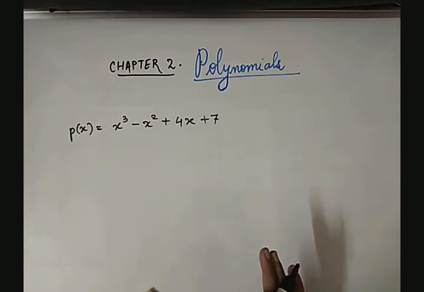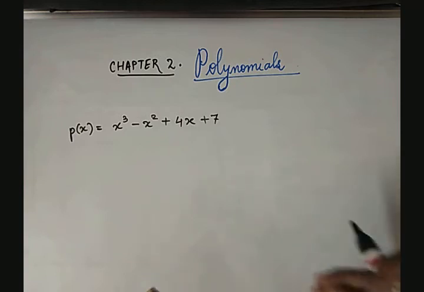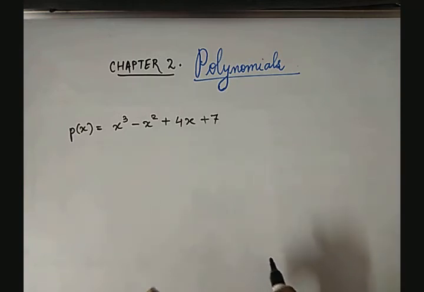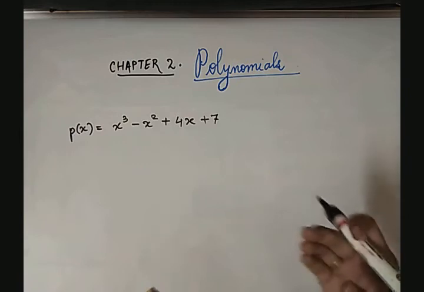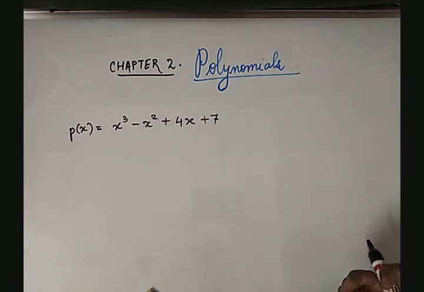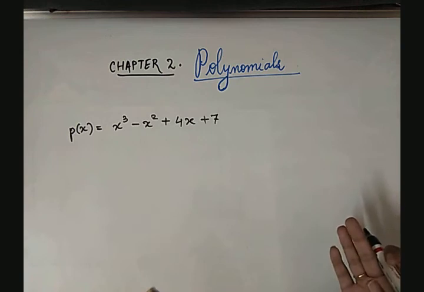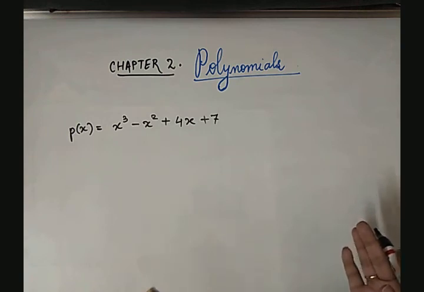Then we have seen the degree of a polynomial. So you can write this definition before starting the main exercise. Give a heading, polynomial, the chapter's name, then write examples of polynomial, then write examples of identifying the terms, then write the degree. What is the definition of degree? The highest value of the exponent in the given polynomial is nothing but the degree of that polynomial. Define it, write 1-2 examples, and then go for the exercise.